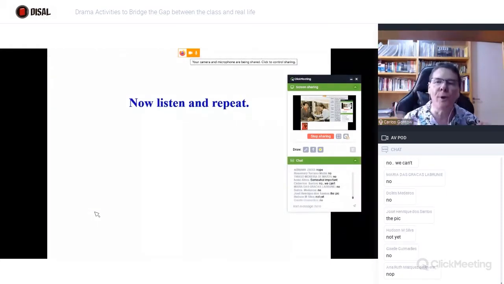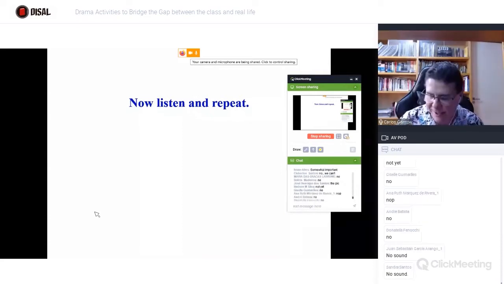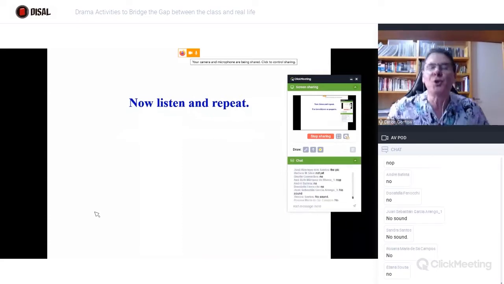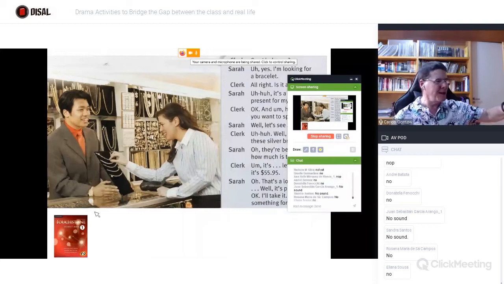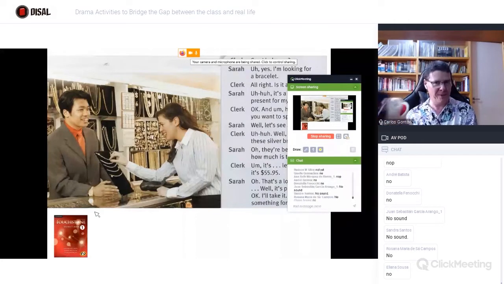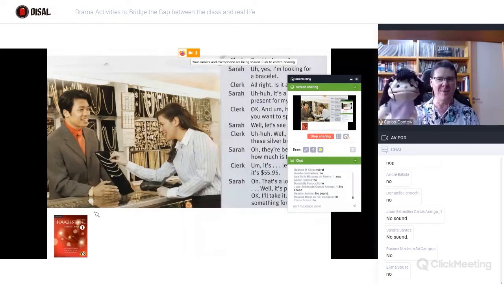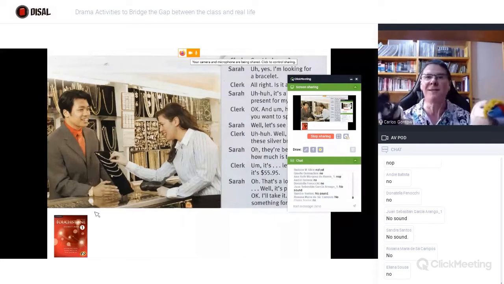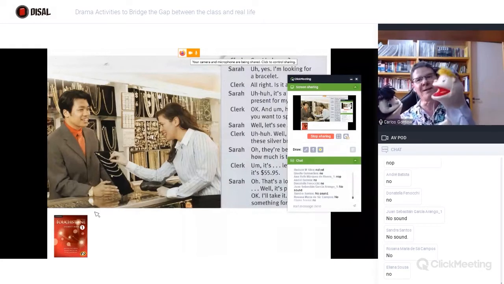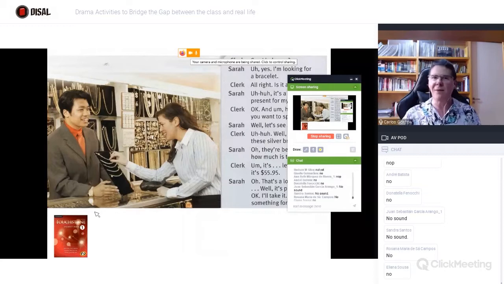Okay, you can hear, but suppose you're doing this dialogue in a class, and then you divide the students into two groups. So one group is Sarah, one group is the clerk. Repeat group one, repeat group two. You can do the same thing and have each student hold a puppet. So I say repeat, so the puppets will repeat. Of course, the students will be speaking, but because they are using the puppets, they're gonna use a lot of different intonations. Or you can give each student two puppets, and the students will do the two parts at the same time. One person is Sarah, one person is the clerk. So you don't have to do this group is Sarah, this group is the clerk, now change and repeat, because they do everything at the same time.